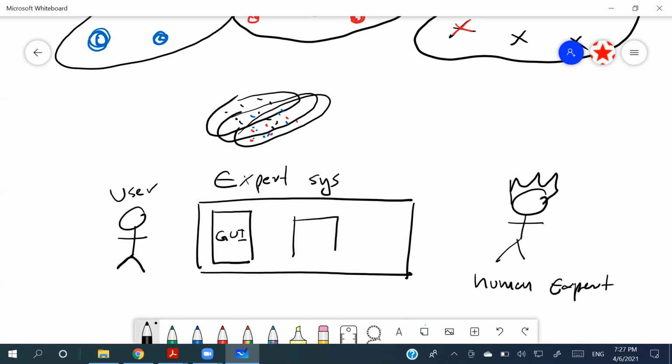And there is this inference engine, and there is something called the knowledge base. So the human expert will feed the knowledge into the knowledge base, and